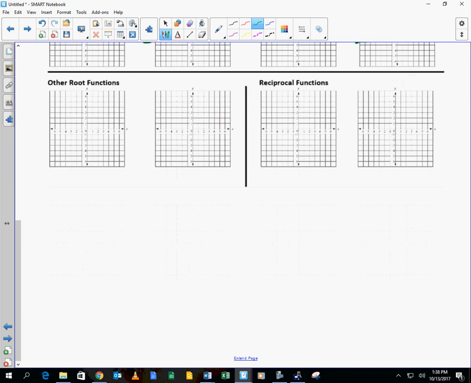Let's look at some other root functions. These are ones that I really like. Y is equal to, if we look at the cubed root of x squared. Okay? Or wait a minute. Sorry, I mixed that up. We're going to look at the square root of x cubed. Okay? So I got y is equal to x to the 3 halves then. Okay? So the question is,